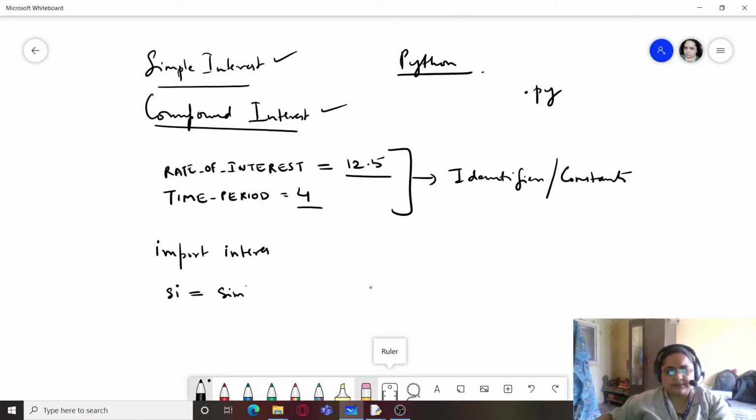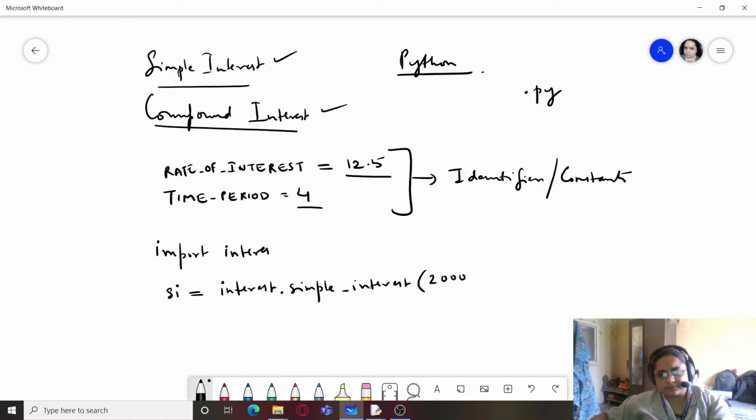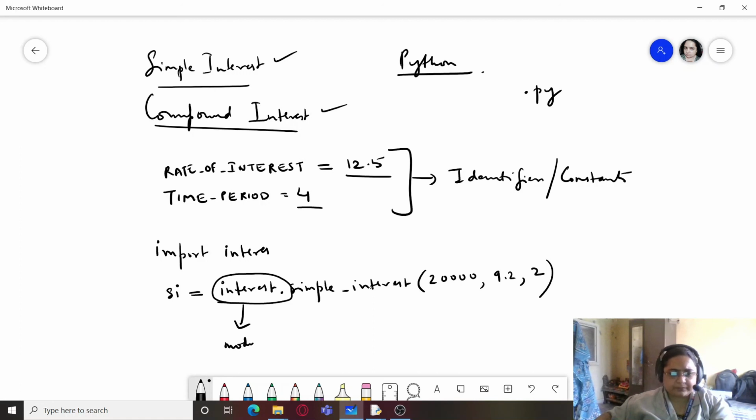Now to use the function simple interest, I will have to use interest dot simple interest, and I can pass the values here. So these are the values which I passed. You can easily see that this is the name of my module, which is used along with a period sign to call this function, that is simple interest.